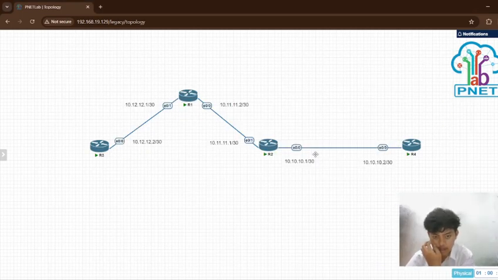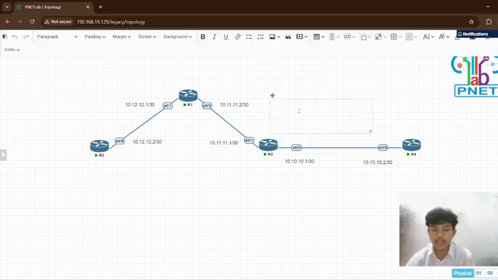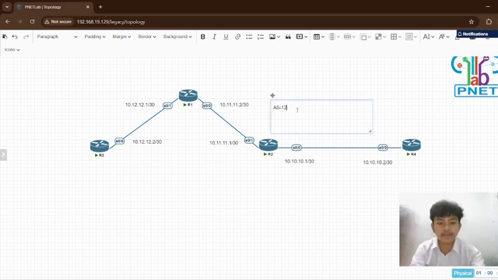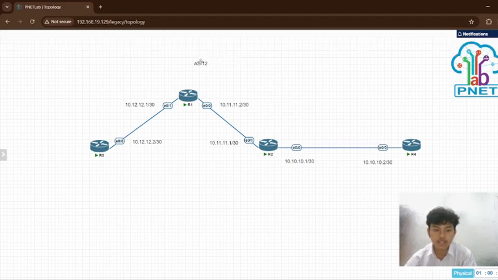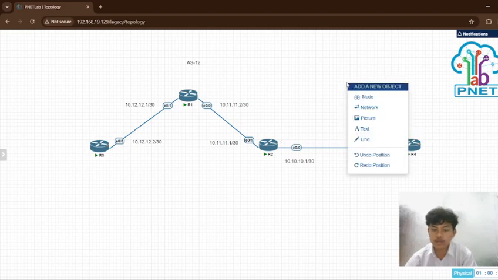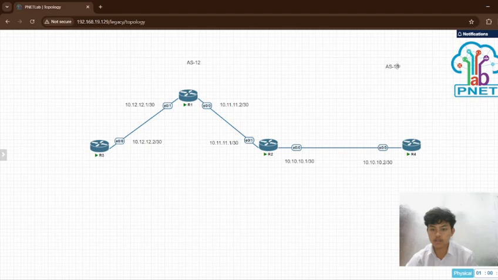I will note the AS: AS 12 is router 1, router 3, and router 2, and R4 is AS 13.